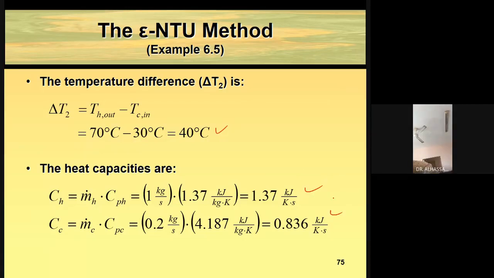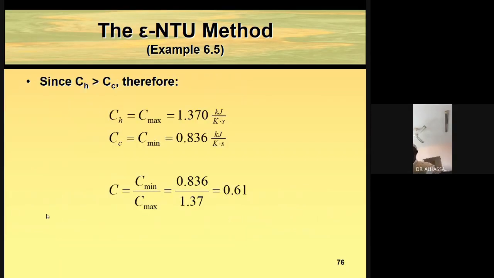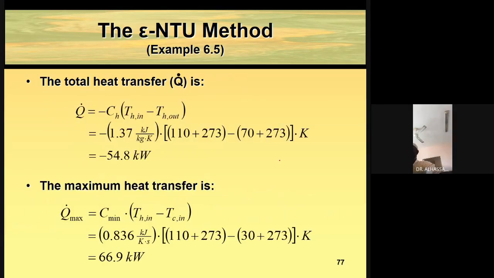So this corresponds to C minimum. C minimum is this, C maximum is this. Okay, so we can determine our capacity ratio, which is 0.61. So now, based on the question, we will determine